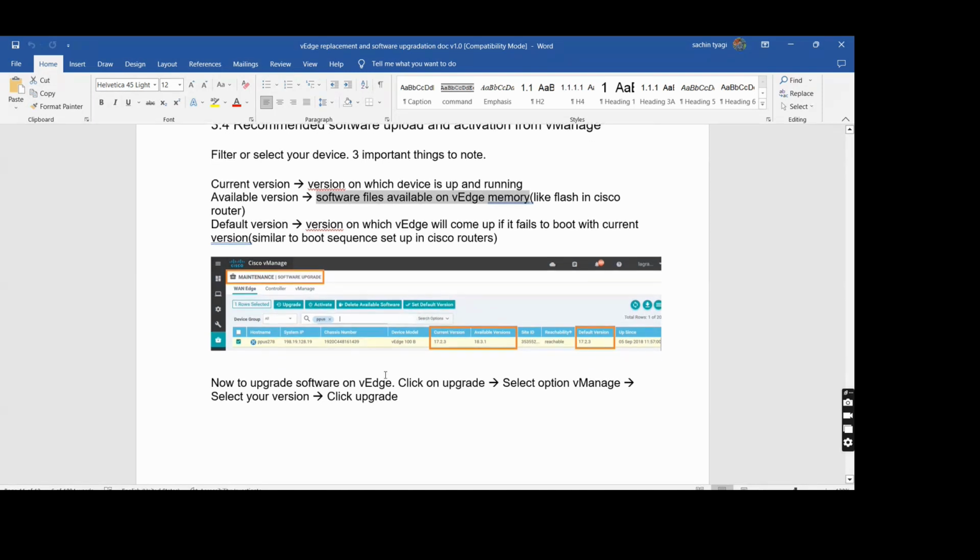So suppose you have version 17 and you have upgraded this to 18. Here we can see this box is running 17.2.3. In this box we have upgraded and kept version 18.3.1, and by default 17.2.3. When we upgrade, there is also an option to set the default at that time or later on. If you set the default at that time, the box will reboot and